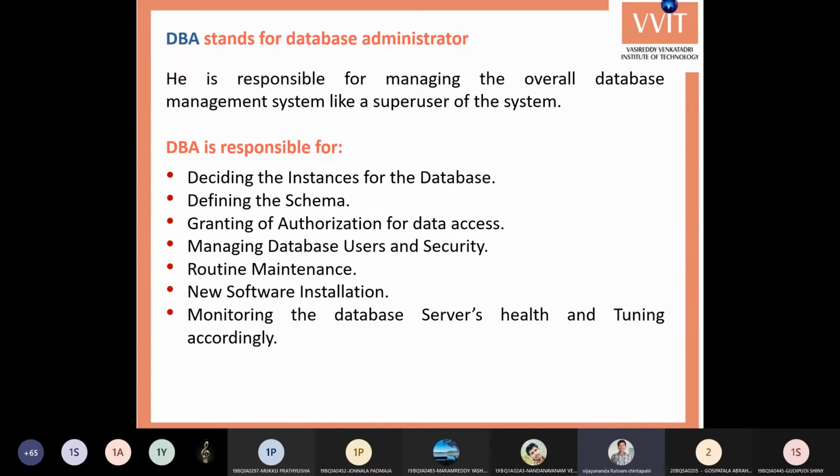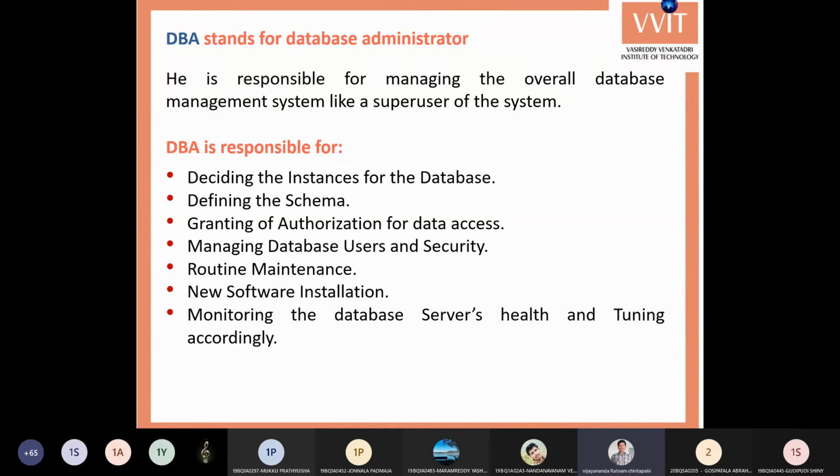And next, granting authorization for data access. Giving the views, so what are the roles? Who can view which data is maintained, and what his permissions are. And next, who can do which activity. All the people are there, but some are viewing the data, some are inserting the data. Suppose in the office, some people enter the students' data, some view the data. HODs will view the data, whereas office clerks will enter the data. That is their authorization, and this authorization is also maintained by the DBA.